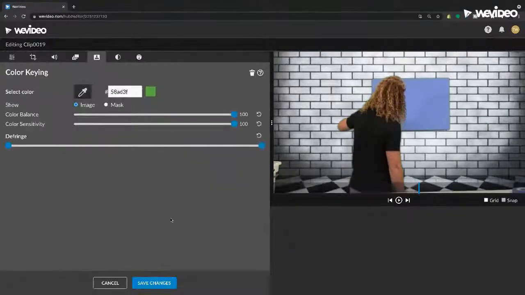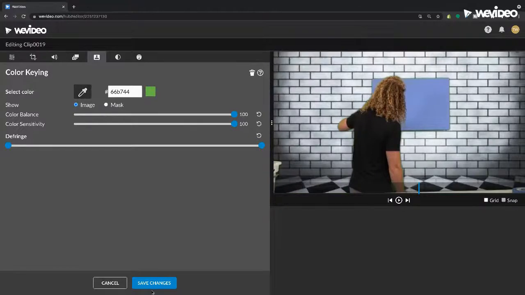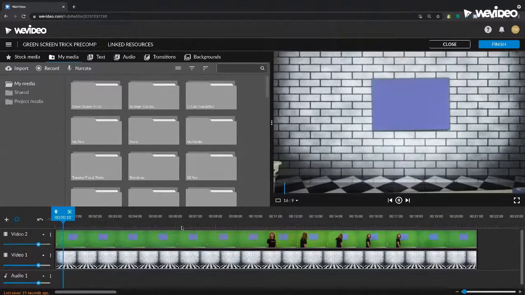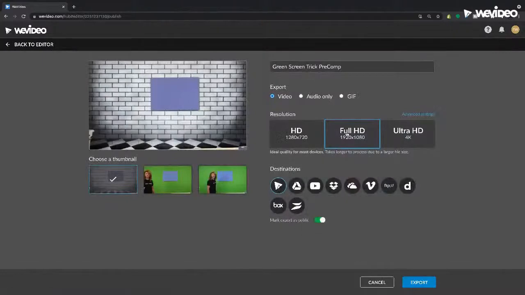And unfortunately, I can't do two keys at once. So if I was to try and key this out, then we still have the green, right? So let's undo that. We'll knock out the green first. Save those changes. Once you've got this initial clip like you liked it, we would go and finish, export,